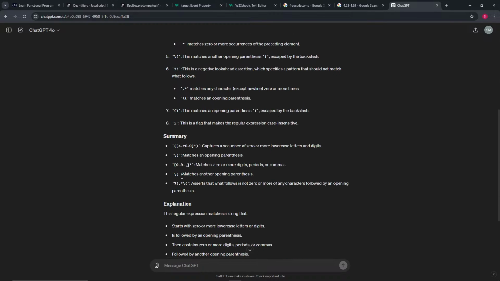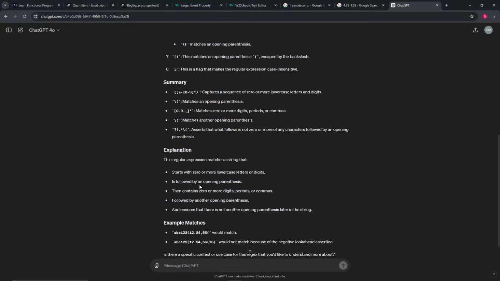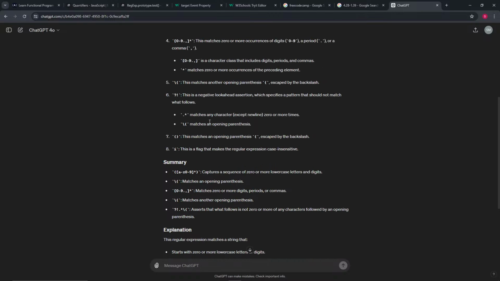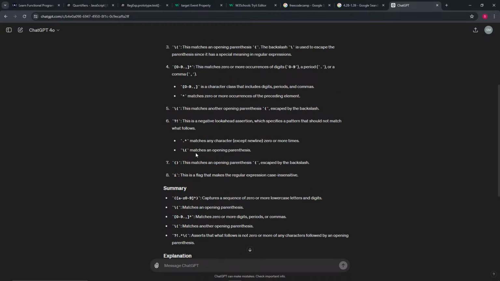And then it also asserts what follows is not 0 or more of any characters followed by an opening parenthesis. Okay. All right. This matches an open parenthesis escaped by a backslash, and then this I makes the regular expression